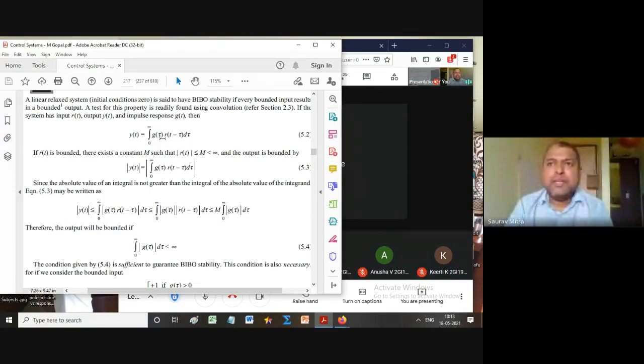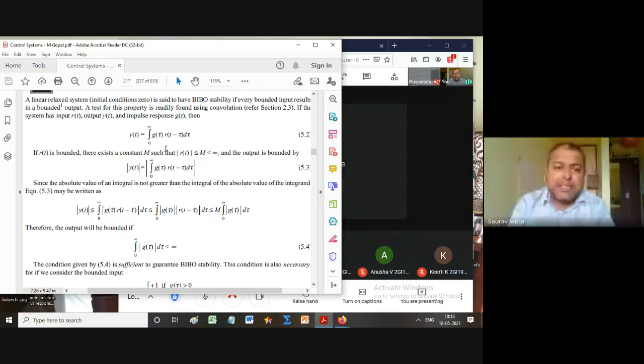Generally, we have taken forward gain as G(s), feedback gain as H(s), and transfer function as T(s). Whatever T(s) we are saying here, they have taken as G(s), the transfer function. So don't get confused, G(s) is not the forward gain here. G(s) is equal to G divided by 1 plus GH, and that is what they are taking as the transfer function G(s).